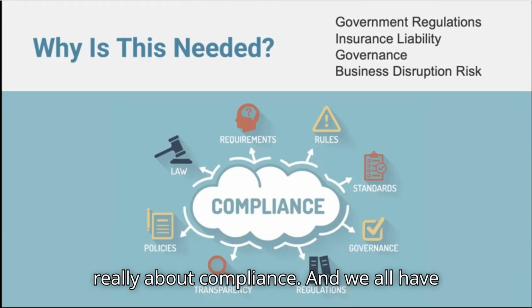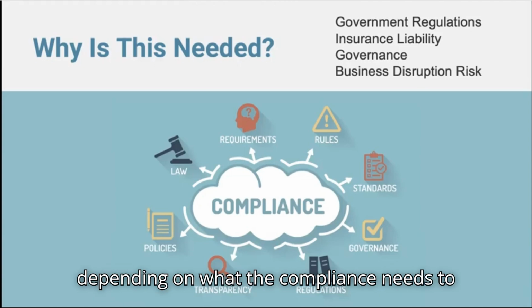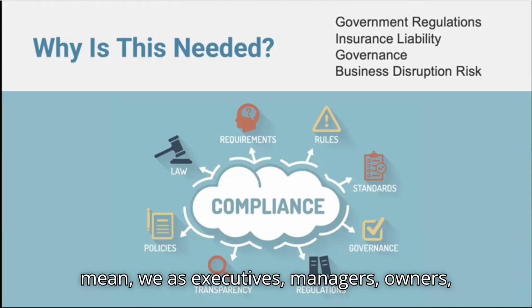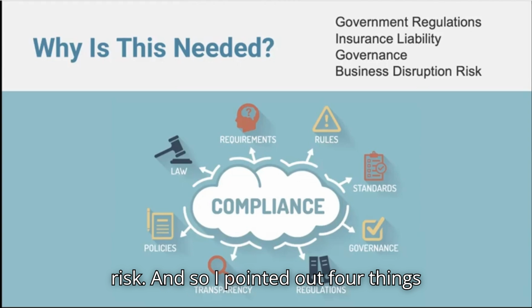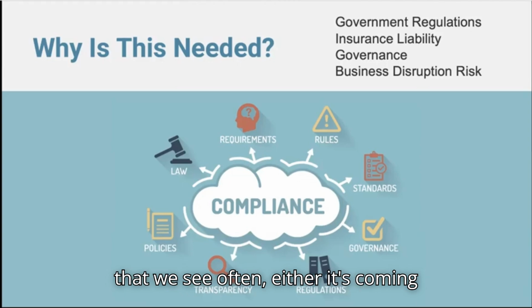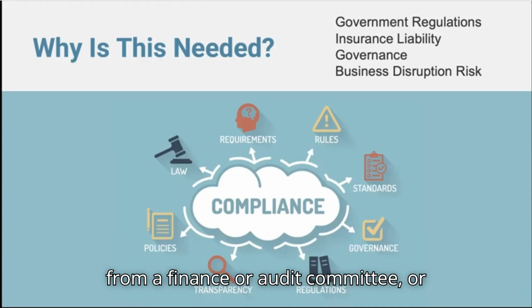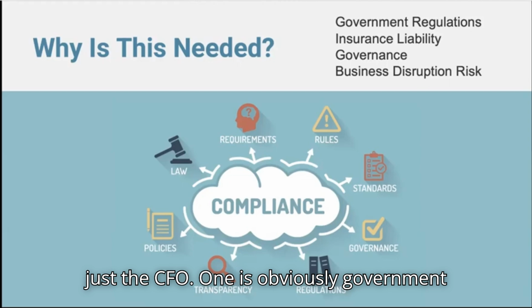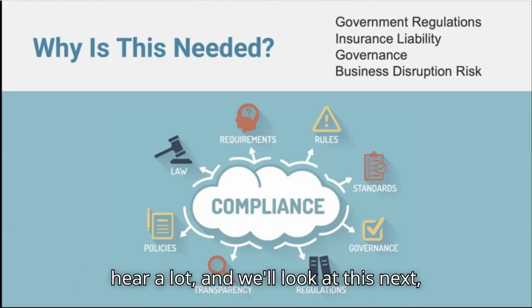And we all have different levels of compliance. And depending on what the compliance needs to be, we determine our levels of risk. I mean, we as executives, managers, owners, whatever, we determine that part of the risk. And so I pointed out 4 things that we see often. Either it's coming from the board of directors, it's coming from a finance or audit committee, or it's coming from the executive team or just the CFO. One is obviously government regulations. Now, the one that you hear a lot, and we'll look at this next,